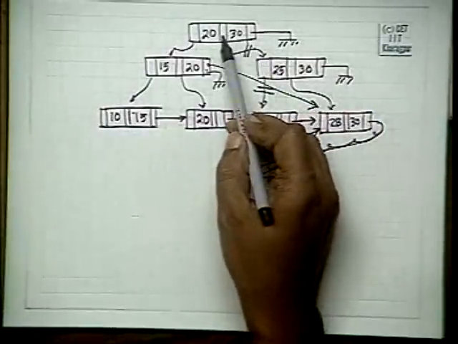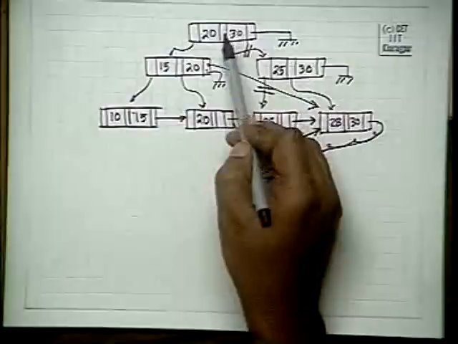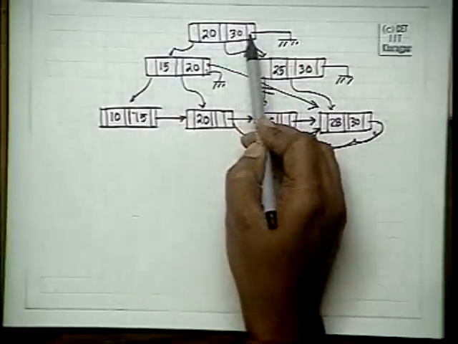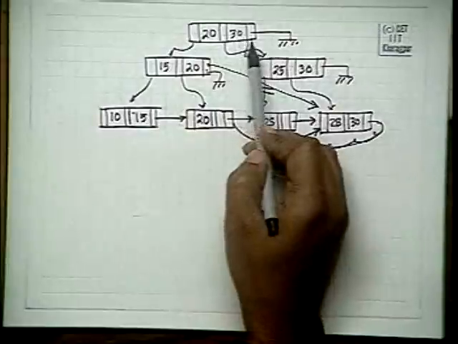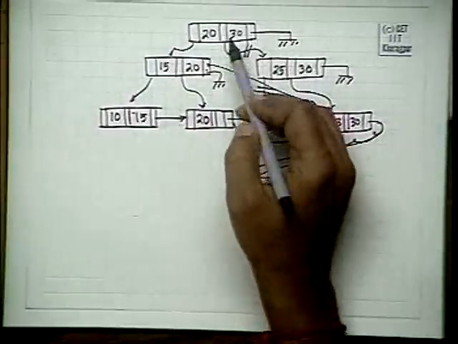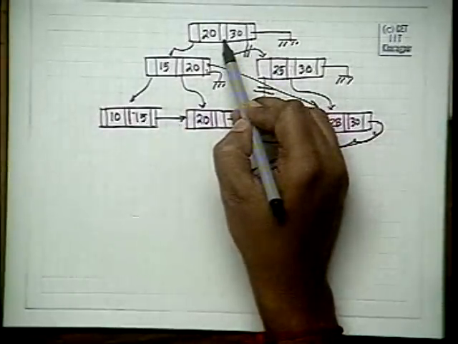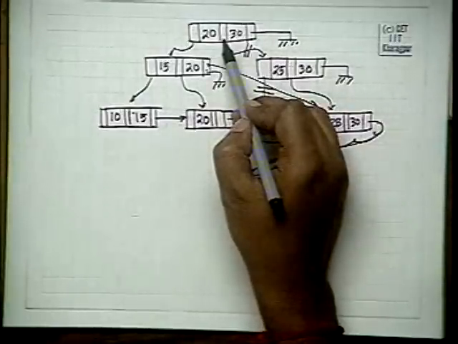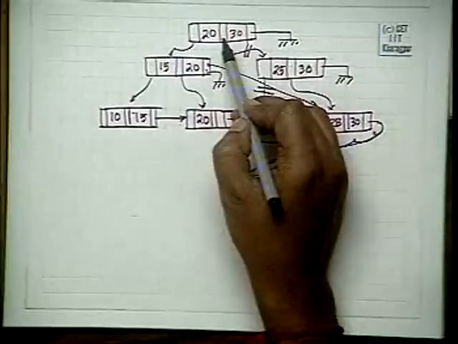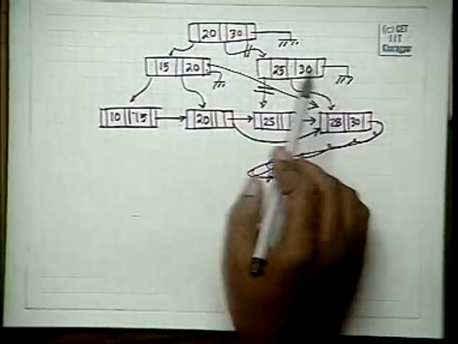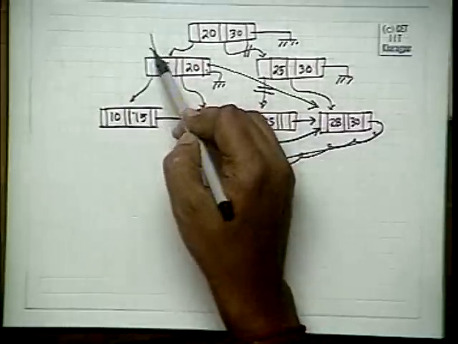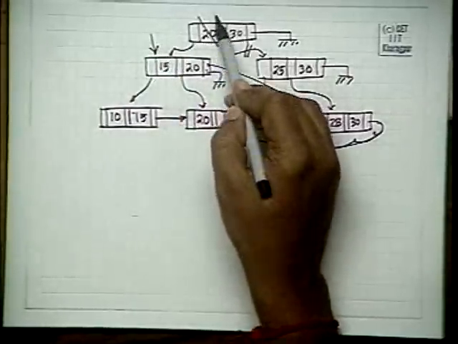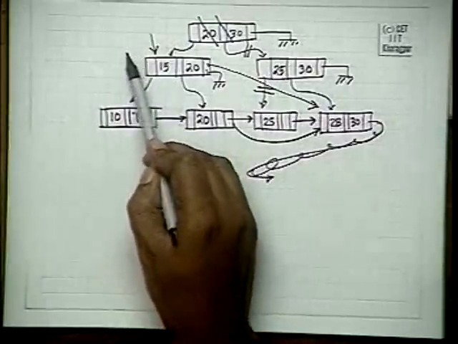When you come to delete this, we find that this violates the condition. Once this violates the condition, then it is a root node. Since this is a root node, there are two cases. If it is not a root node, then you redistribute. If it is a root node, then just make its only child the root and delete this. And we will have this structure